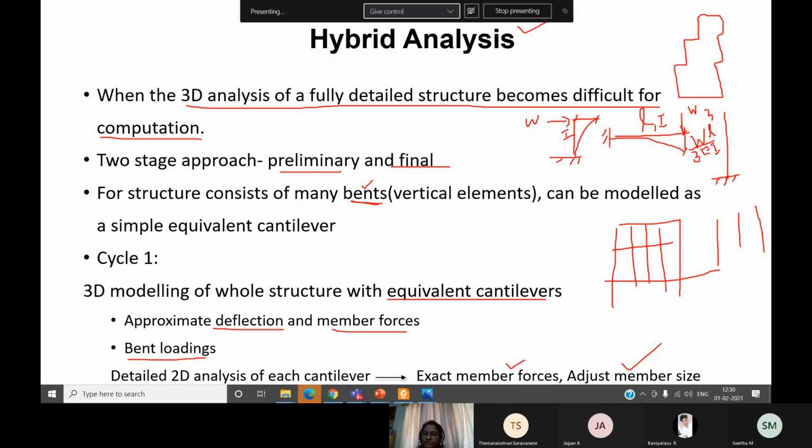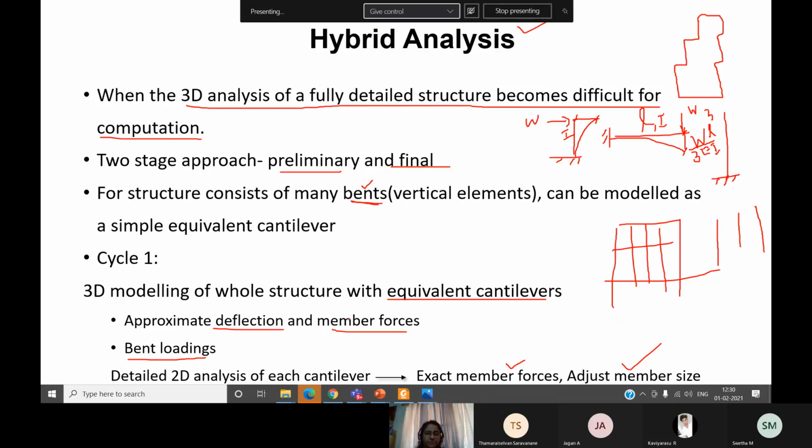So I know what the deflection is, so I can find out the deflection. I can find out the load acting. Then from that I can do the design. I know the bending moment, so from the bending moment I can find out the reinforcement. Then I can find out the member's moment, the cross section of the cantilever. Everything I can calculate. Okay.